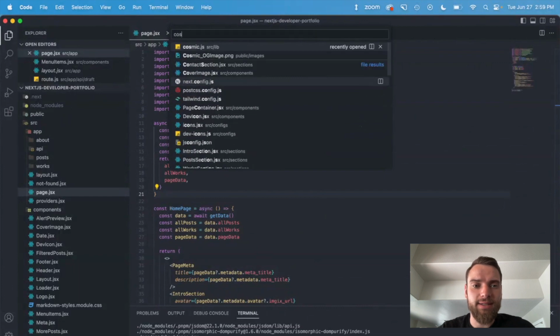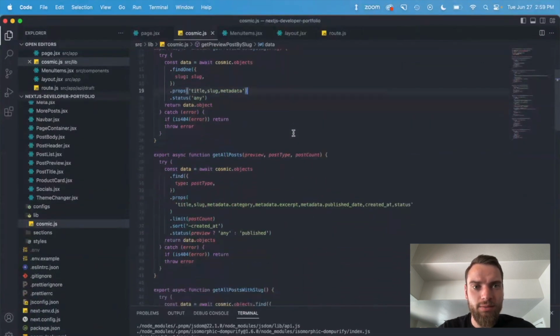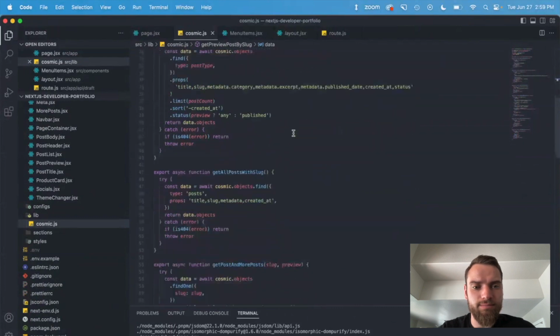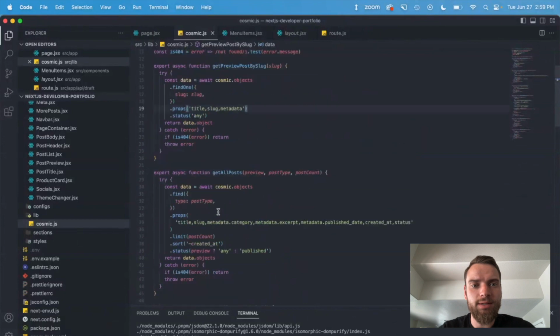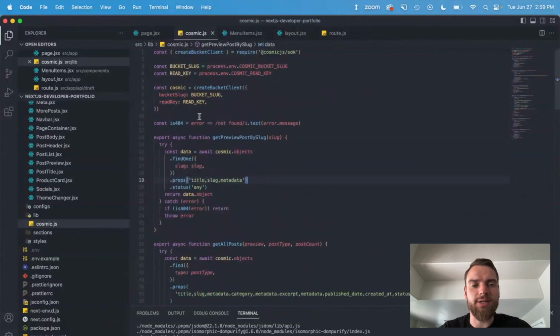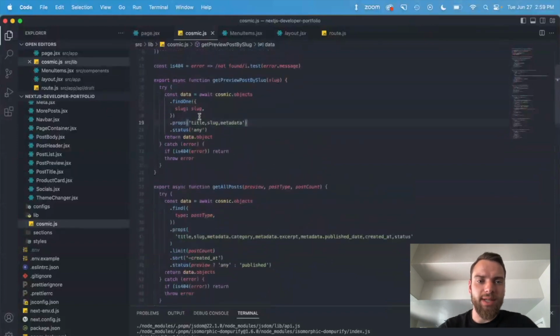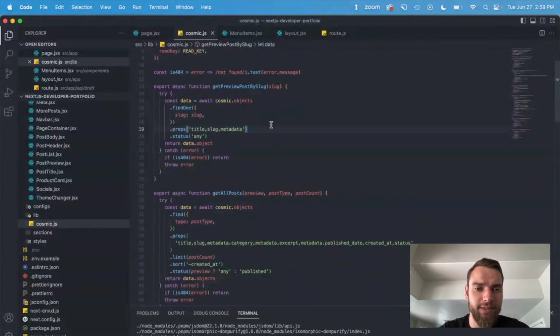function getting the data. So now we can go in and we're doing the Cosmic SDK here. And so we've created these functions to get specific things from our CMS. Of course, we've hooked it up with API keys and environment variables. And we've got access to these nice natural-like language functions that we have in our Cosmic SDK. So for example, you want to find one object type in your CMS, you would just use the findOne method. And actually, this is just for a single object. You would just pass the slug,